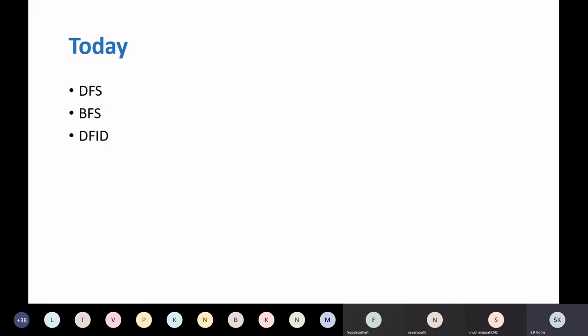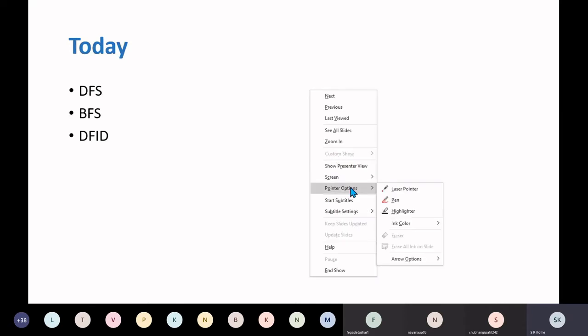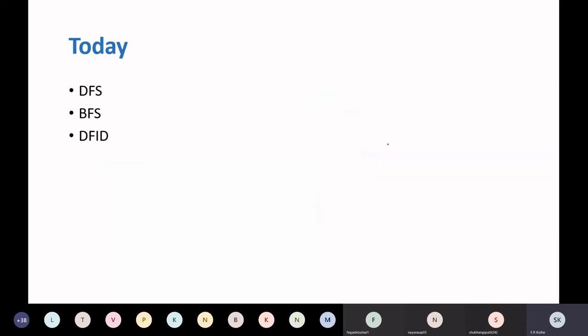Before that, let us first understand how these search techniques are related to what we discussed in the last class. In the last class, I told you that most of the AI problems you can solve by representing them in state space representation format.